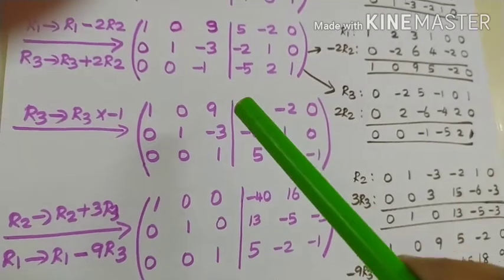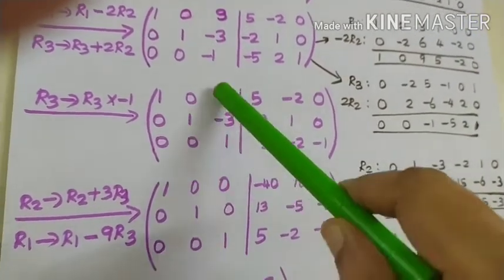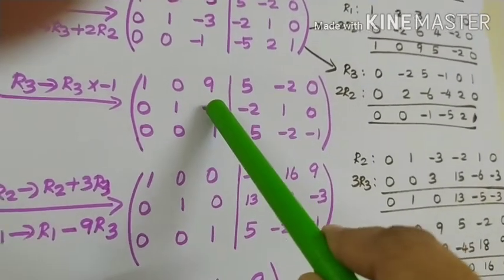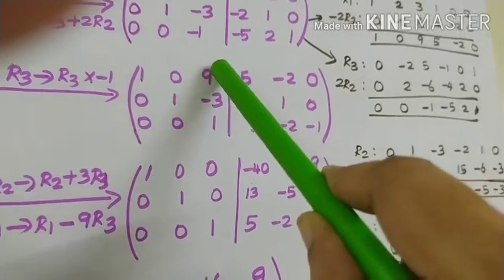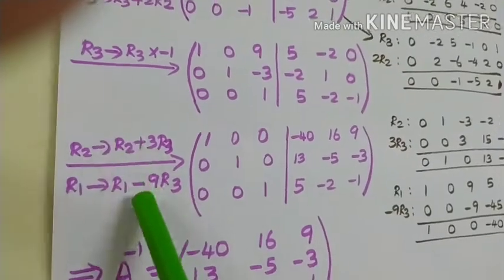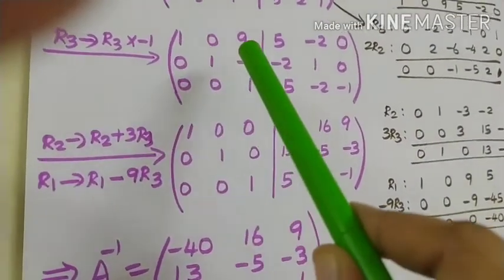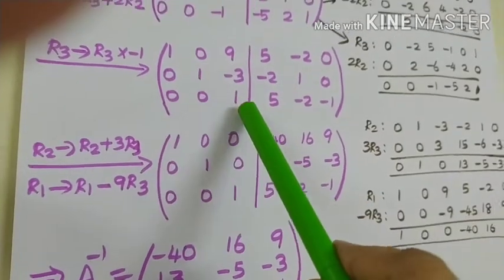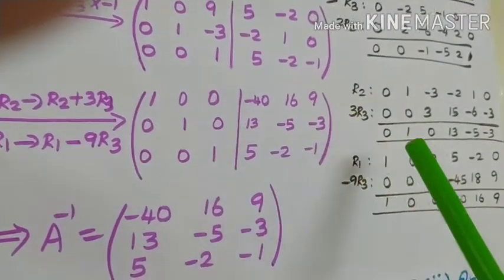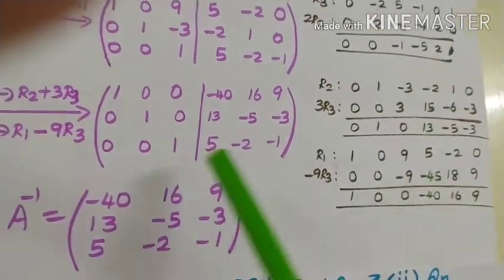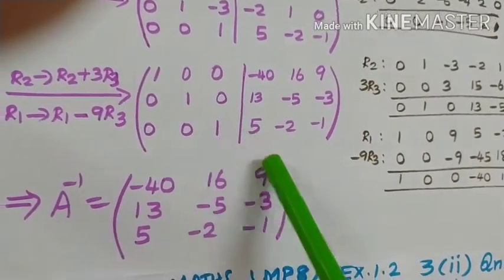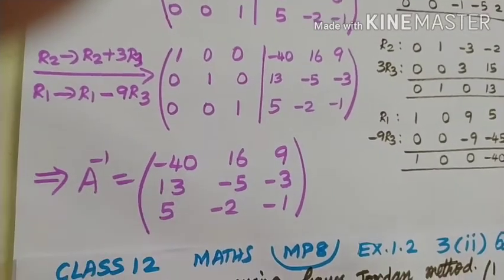Now my next target is to bring about zeros in these 2 steps. So here minus 3 means multiply all this by 3. 3 minus 3 will become 0. This is 9 and this is 1. So multiply all this by 9 and then subtract. So these are the 2 things we have written. R2 becomes R2 plus 3R3. R1 becomes R1 minus 9R3. The simplification here we have written. And now unit matrix is attained in this part. So whatever is coming as a second part is called A inverse.